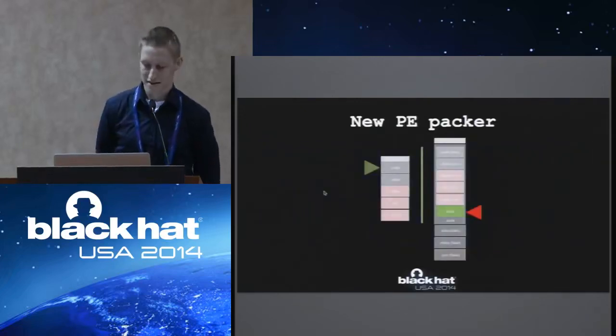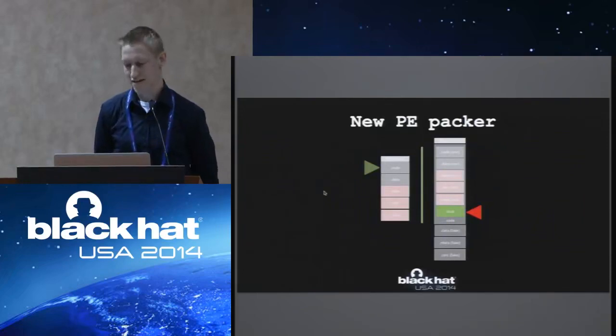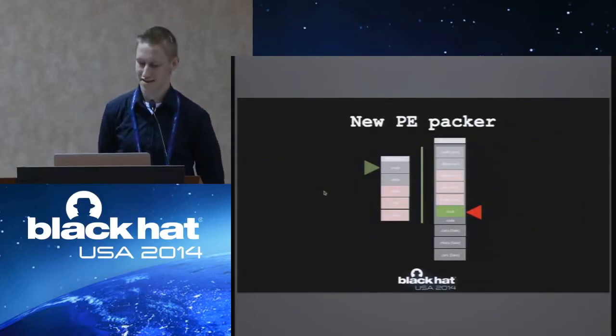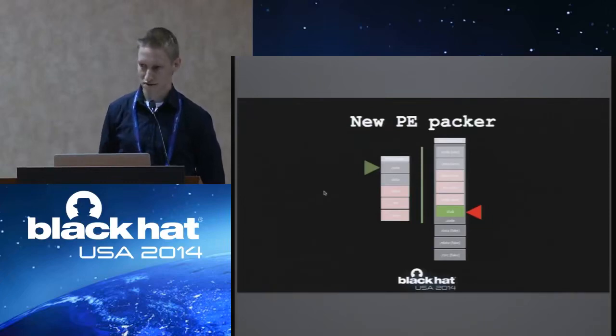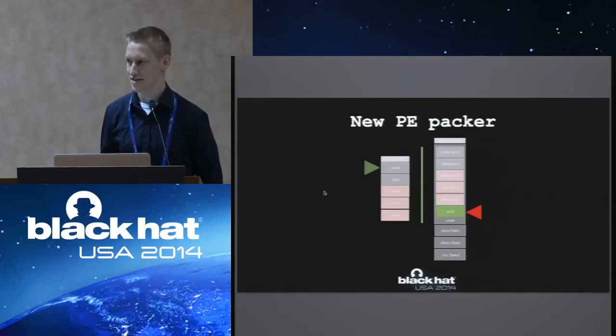On the left, again, the initial executable. On the right, it's not a modified executable, but it's actually a completely new executable that we've based on both a template exe file and an exe file we want to pack. So first of all, what do we do statically? We take all the sections of the initial executable, we encrypt them, we append our stub to it, and this whole data blob,